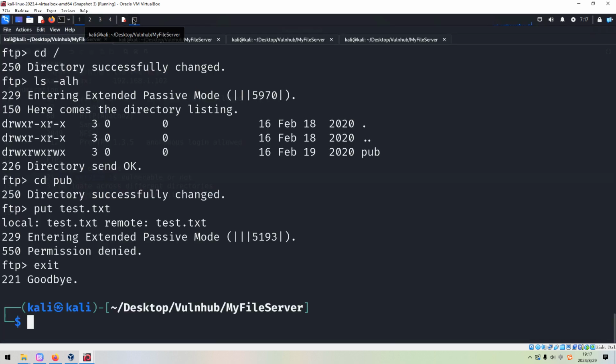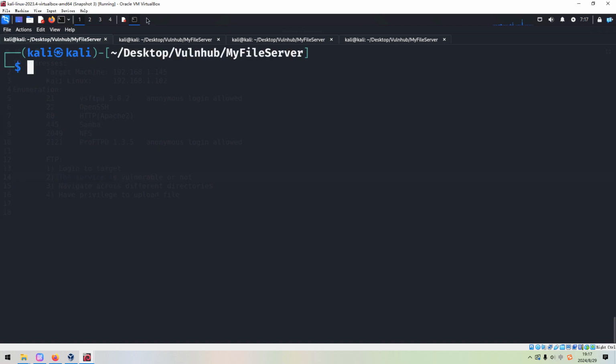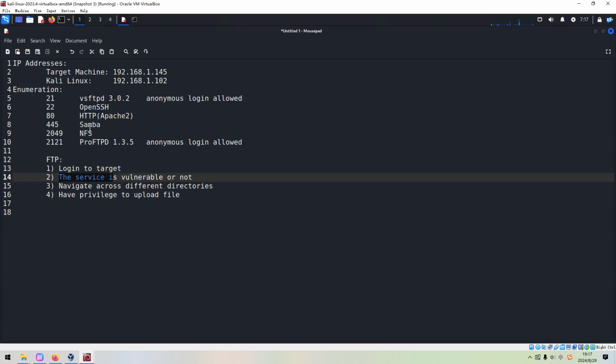And the utility I'd like to use is Searchsploit. Press enter. So no results. So I think we cannot do anything at this moment for this FTP service. Let's move on to the next port number, which is Samba, and how to enumerate the Samba service. So this should be the FTP and also the Samba